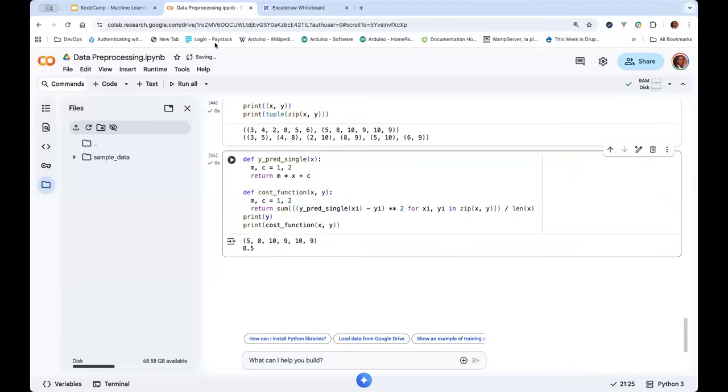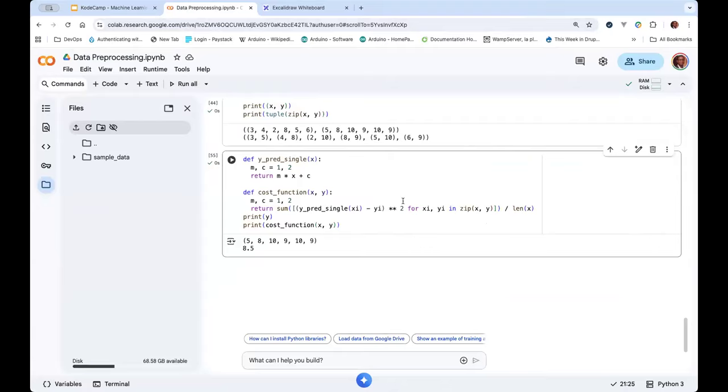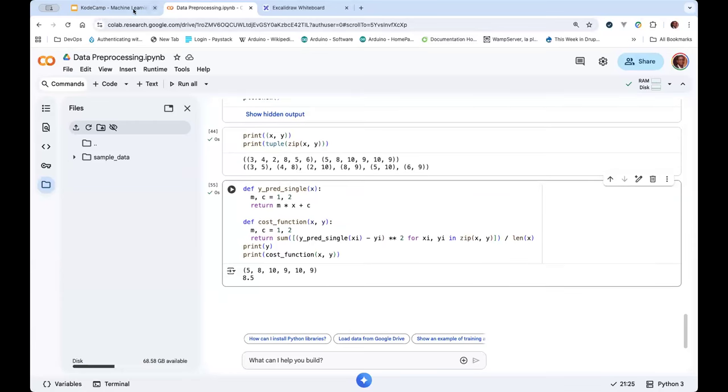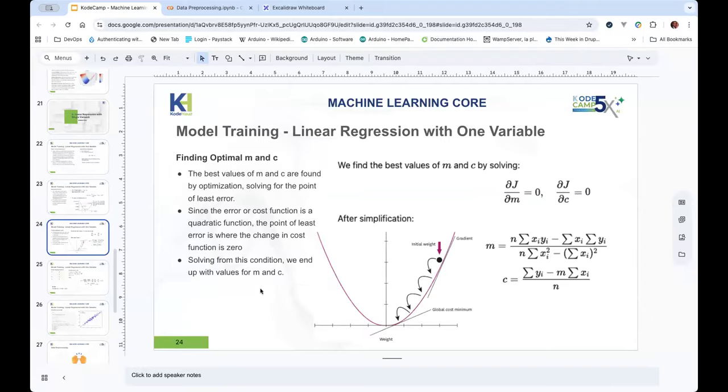So with this, we have arrived at this function. This function is what we just did, and there are many different ways you can do it. I'm going to share this notebook later on. But now we have a problem. We have measured the error. The next thing is to find the optimal M and C,